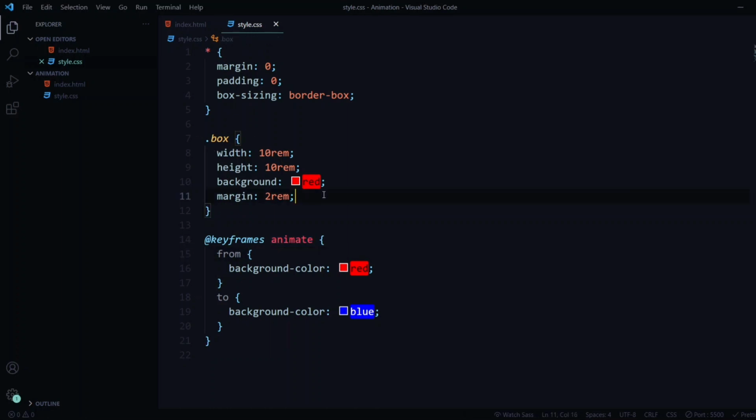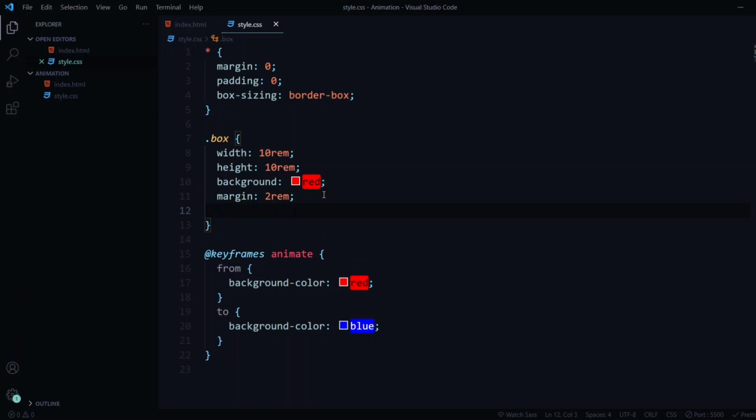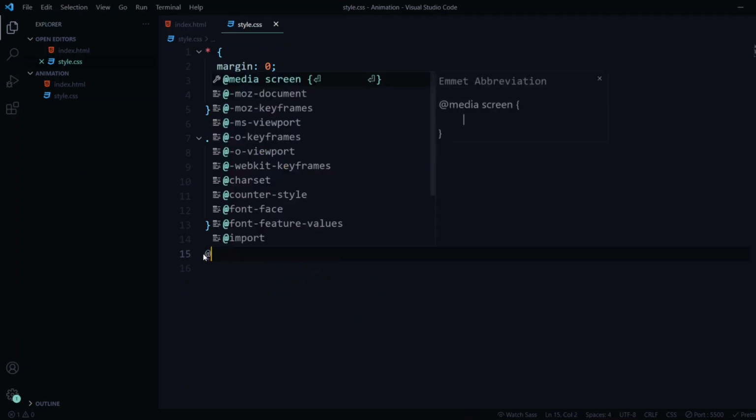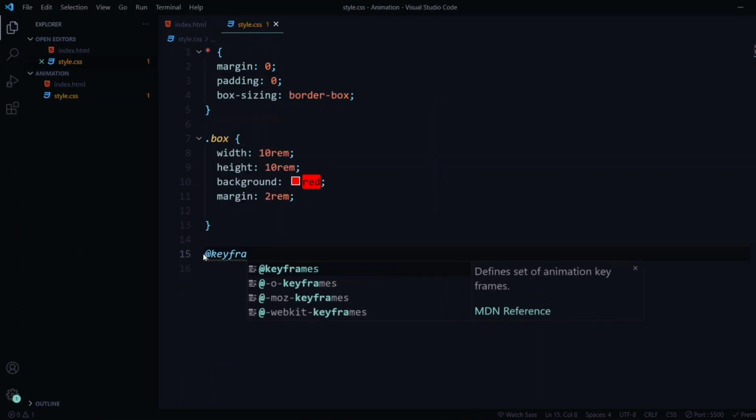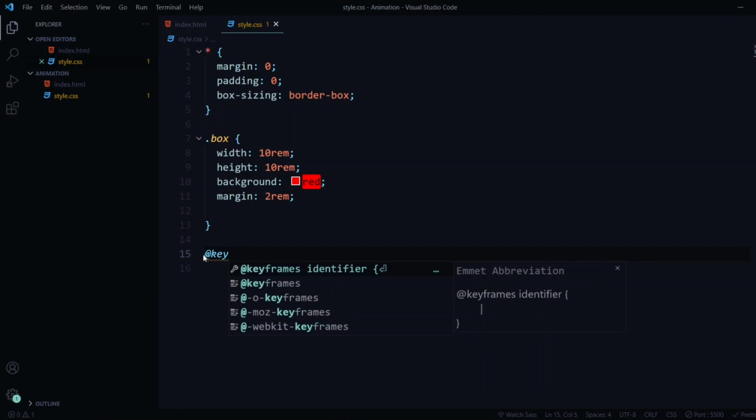Now let's add this. Sometimes if you're typing this code out yourself, it does not work. I'm going to show you why. If you click on add right now and write keyframes, you can see you have two of them.